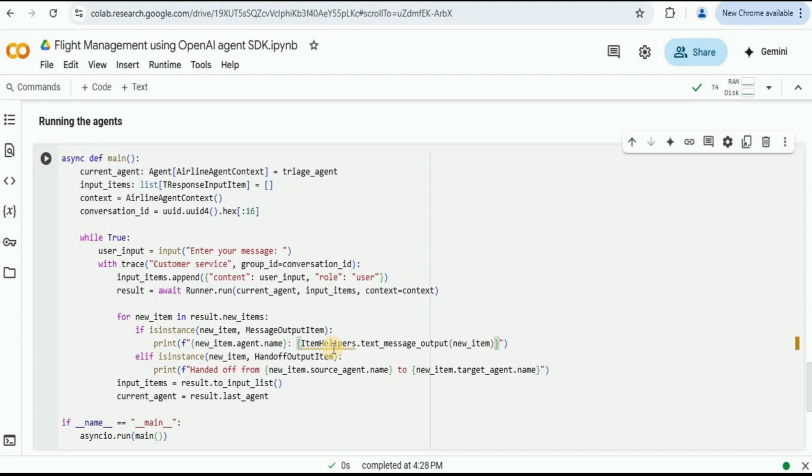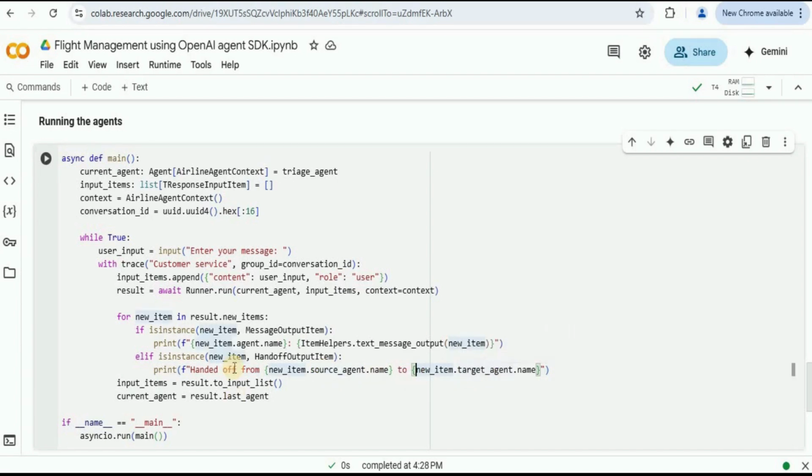The second possibility is that the response is a handoff output item. So if the instance of the new item is a handoff output item, then we are going to print that it is handed off from the source agent name to the target agent name.